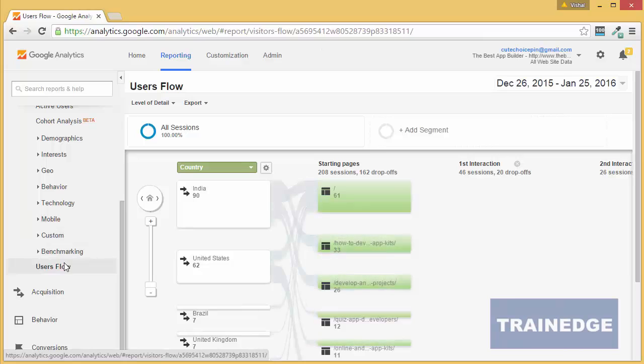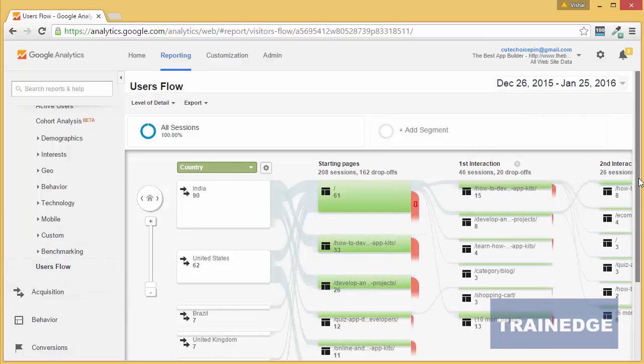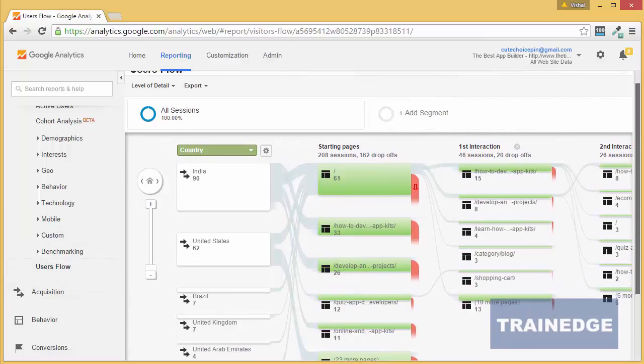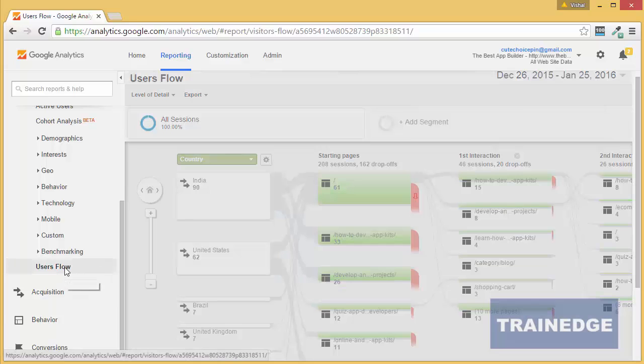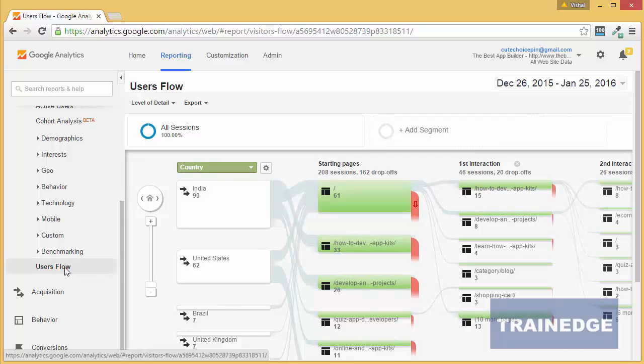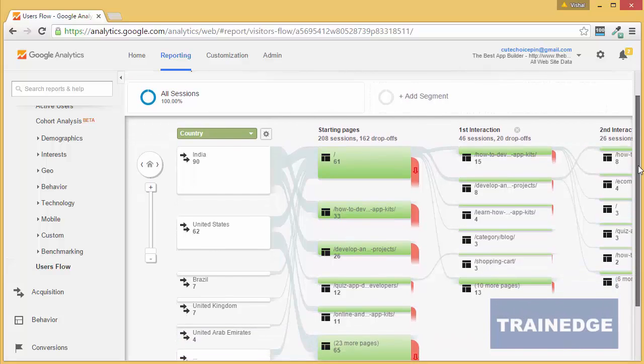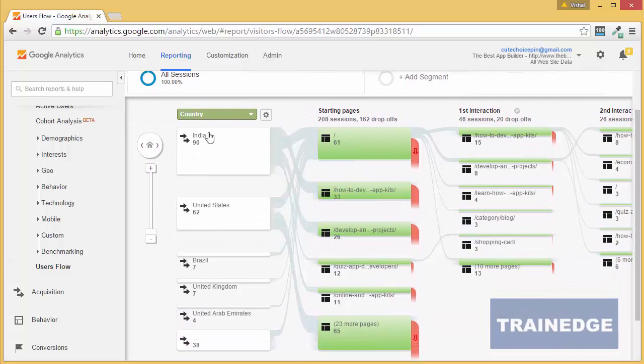The users flow audience report is a visual representation of how people come to your site and navigate through it. You can see that 90 people came to the site from India and they went to different pages. So they started their journey on the site from different pages and how they have moved through the pages on the site.